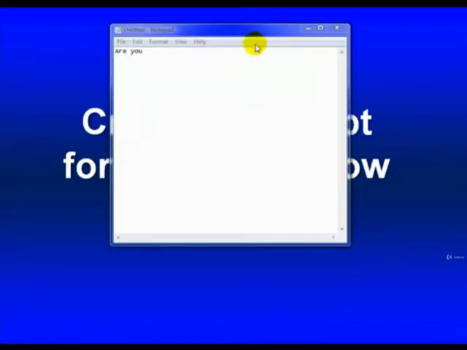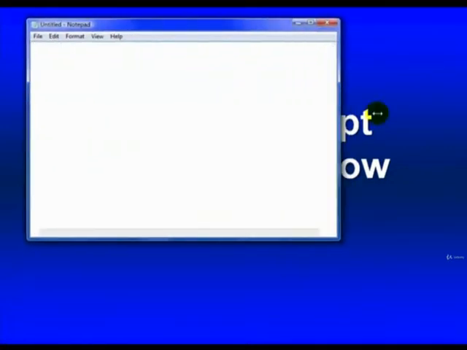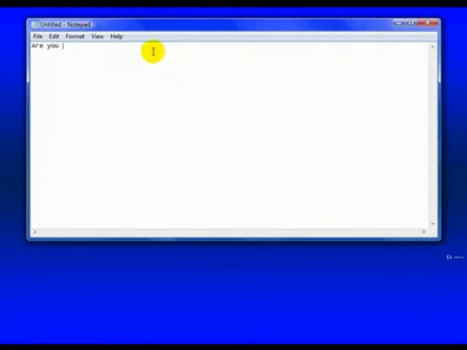Okay, I have Notepad open here, and what I'm going to do is I'm just going to write one line for each new slide that I'm going to create. So let's say, for example, that I'm promoting a product that helps you make money from stock. So maybe I'll start by saying something like, "Are you tired of losing money on the stock market?" Okay, now that's about as long of a sentence as I would use. If you have a real long sentence, maybe you would want to break it up into 2 slides. That'll be my first slide right there. Okay, I'm going to go down to the next line.